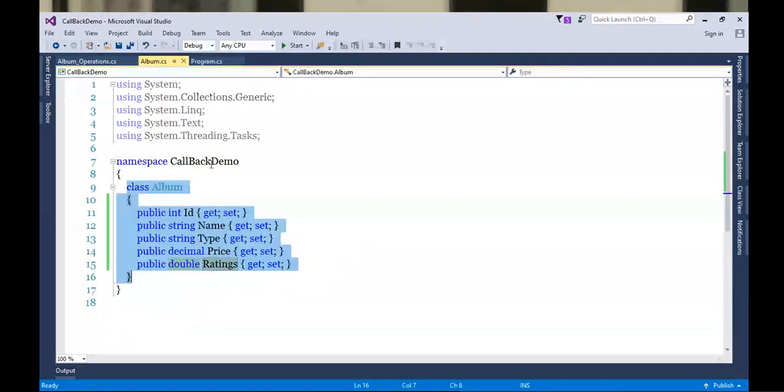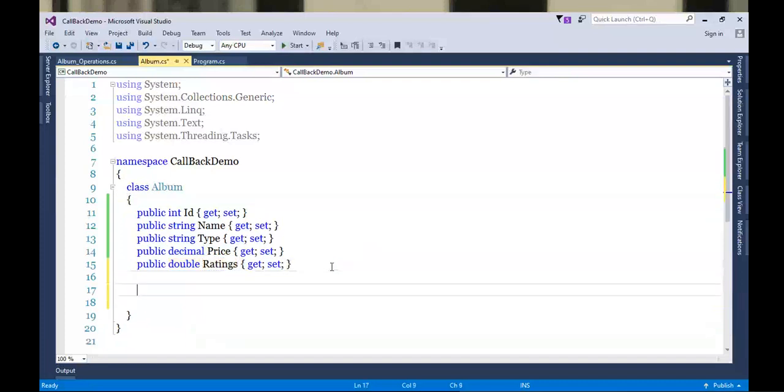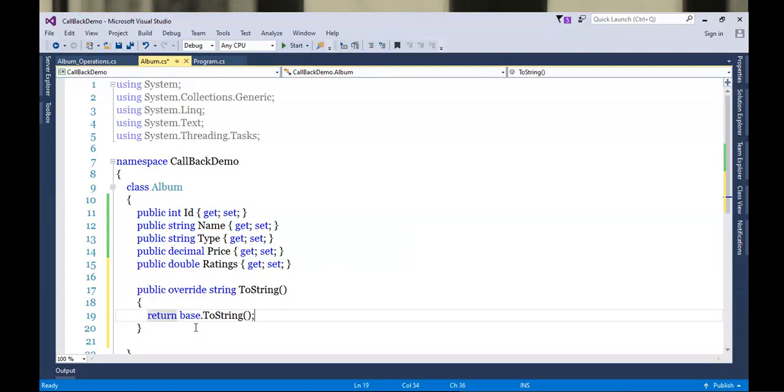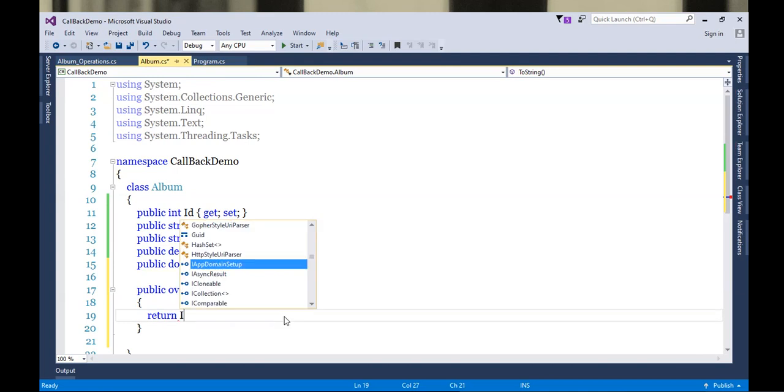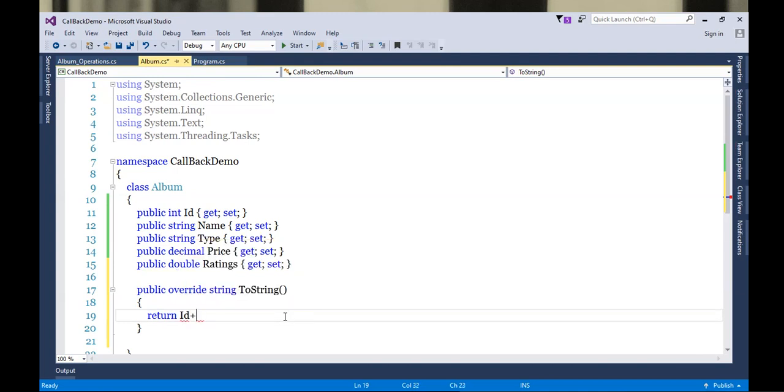Not getting the answer because I forgot something here. Let's override ToString. Return, specify here now. First I want ID. I want some space in between. Name is, type.